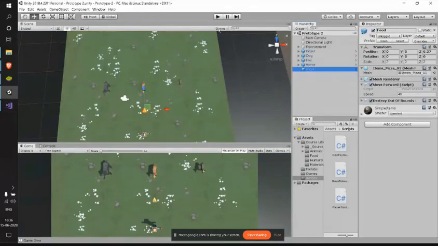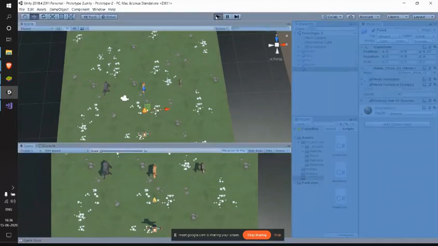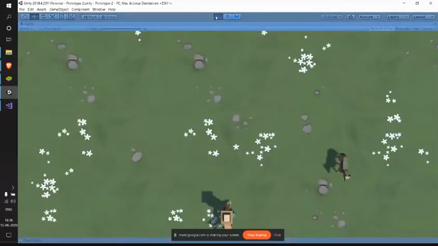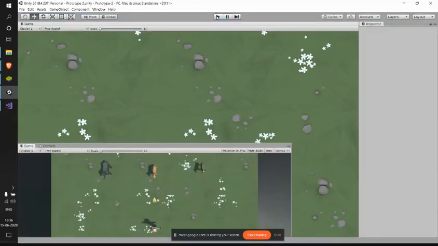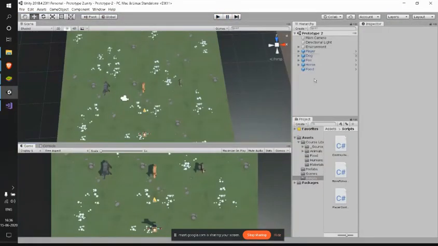It's 36. So let's first see how we left our game yesterday. Let me use the play button and see. We have our player movement and our action of our player, that on clicking space will be generating a new food flight. So let me get back. We left it like this.